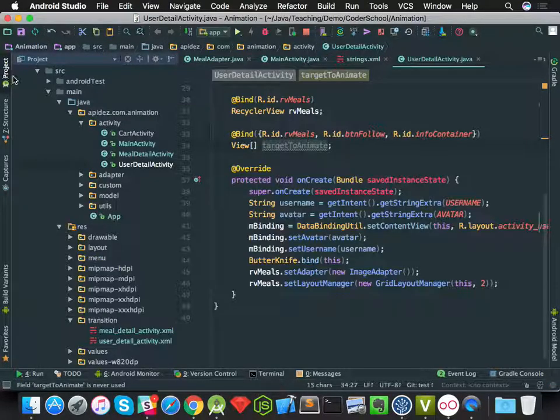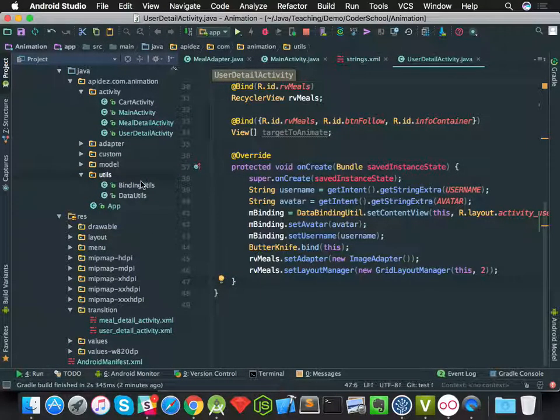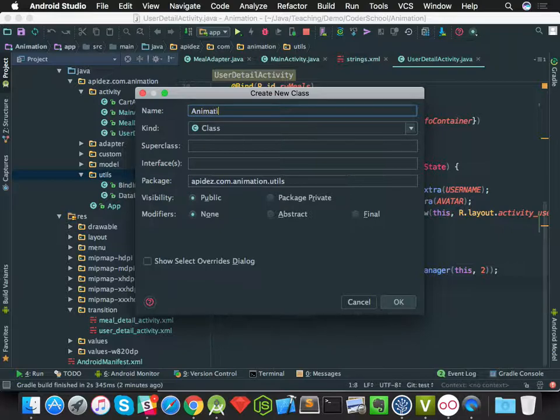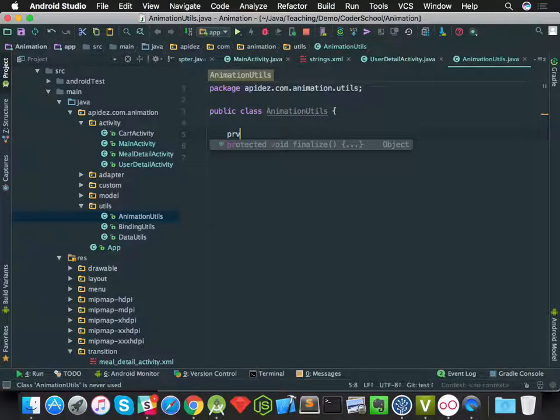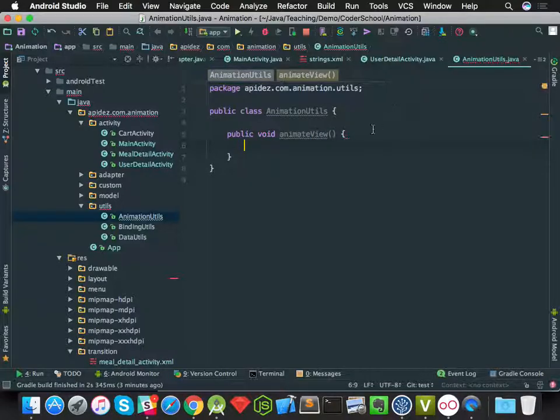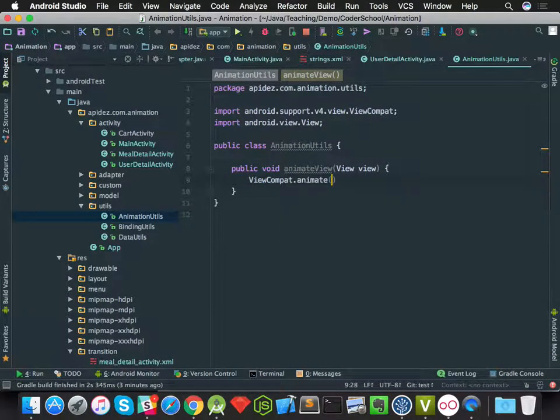So I create a function to do it, okay? So maybe I create a new tools. New tools is way better. So I create a new tool, animation new tools. Okay. So I want to navigate the whole thing. So I put something pretty basic for navigate. Animate a view. Right in here, I put in any view. Right. ViewCompat.animate view. And also I want to put in here the